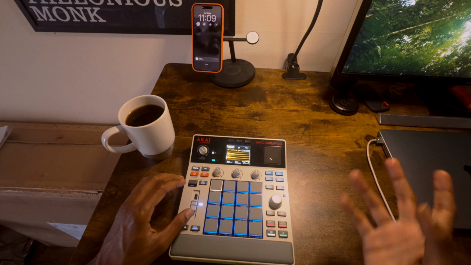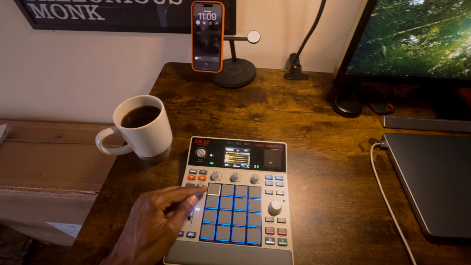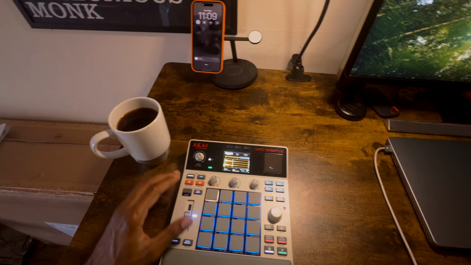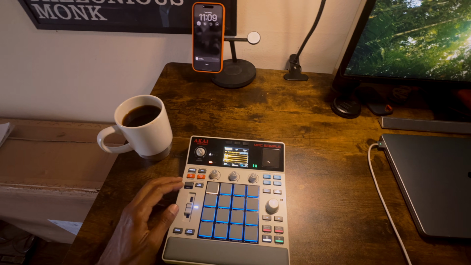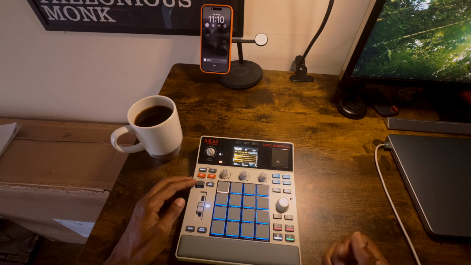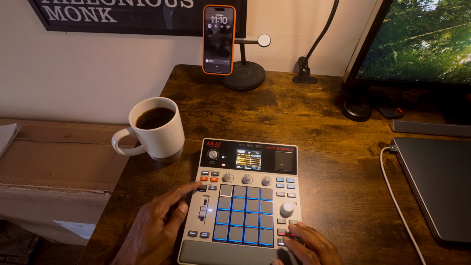So outside of chop, if I trigger this sample again, I need to trim the beginning of it. I want that guitar to hit right on the 1. I don't want much delay there. So I'm going to hold shift,